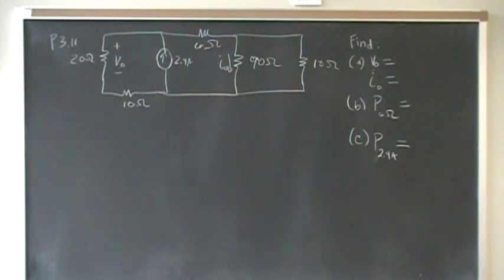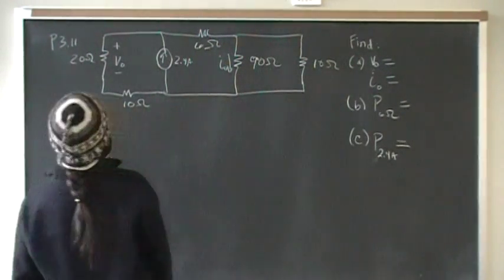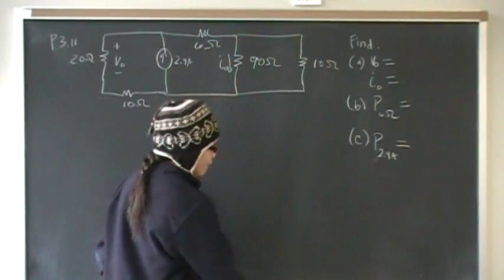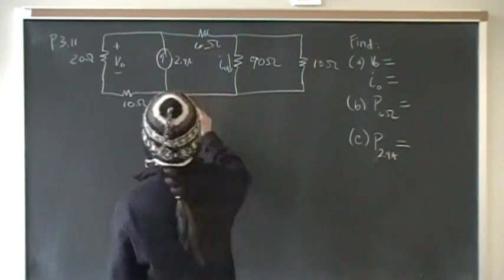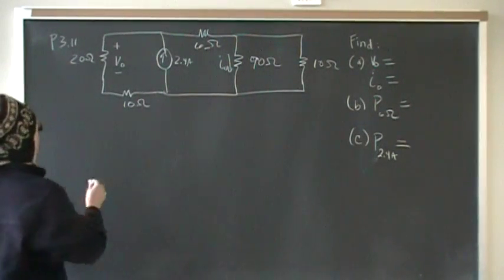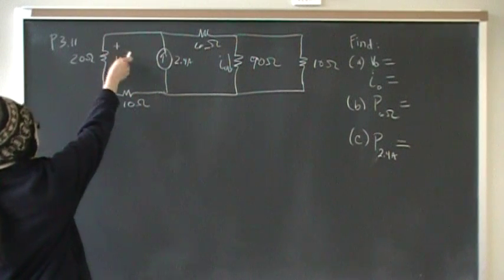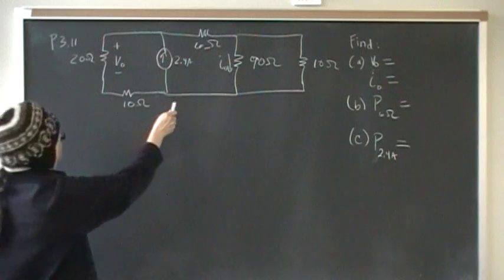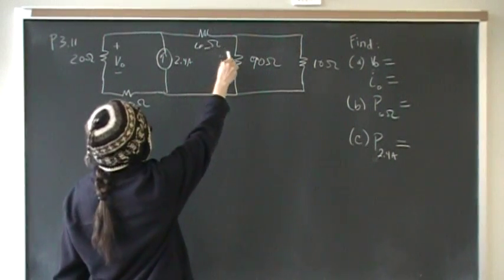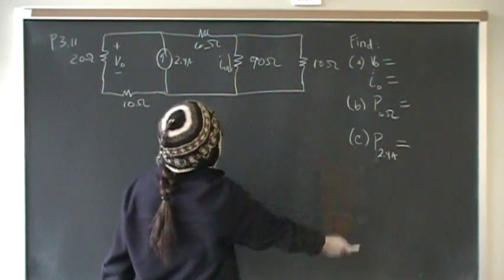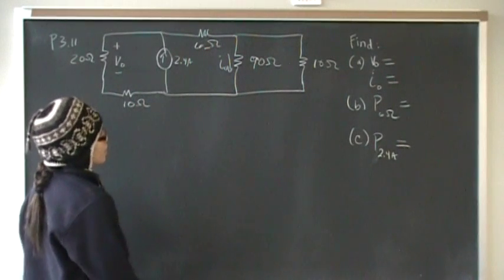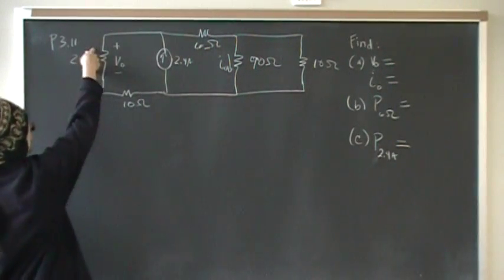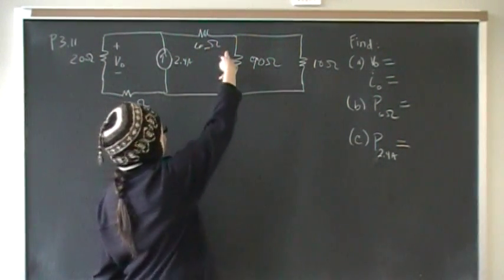Okay, so this is problem 11 from chapter 3. We have a 2.4 amp current source, and over here we have 20 ohms in series with a 10 ohm resistor. Over here we have 6 in series with 90 and 10 in parallel. And we need to find the voltage drop across the 20 ohm resistor and the current that goes through the